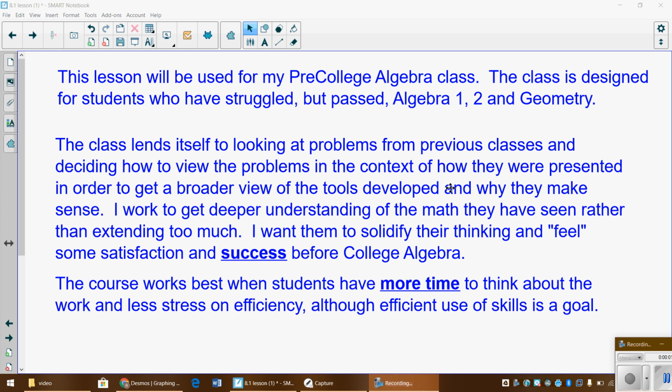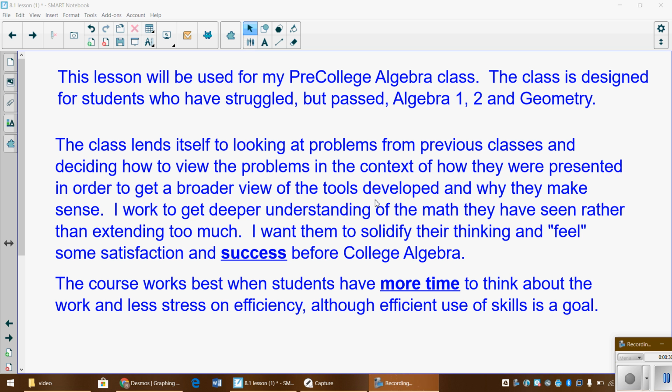Hello, this lesson is about quadratics, and it will be used, I should say, in my pre-college algebra class. The class is designed for students who have struggled but have passed Algebra 1 and 2, as well as geometry. The class lends itself to looking at problems from previous classes and deciding how to view the problems as they saw them earlier in that context, but then also getting a broader view of the tools developed and why they